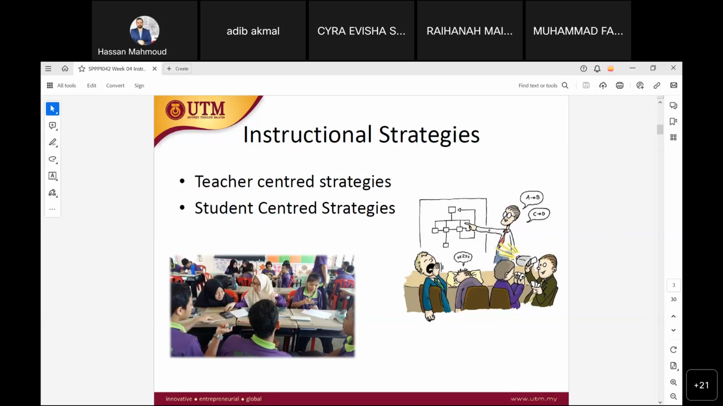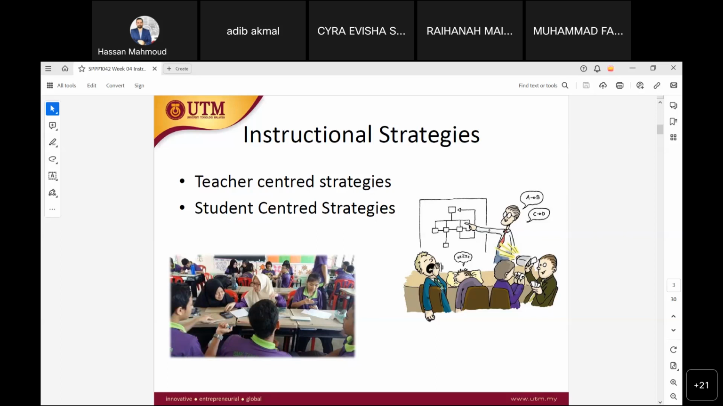So it's very important for you to understand what you mean by teacher-centered strategies and student-centered strategies. Most of the students will get the multiple choice questions wrong when we talk about teacher-centered strategies and student-centered strategies. All right. So one more time,